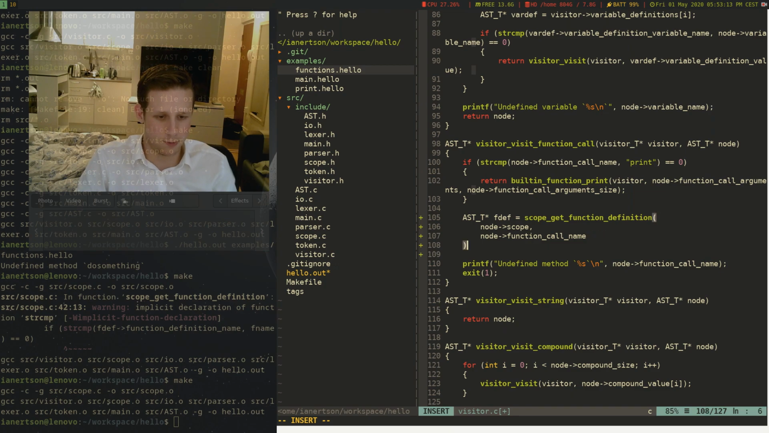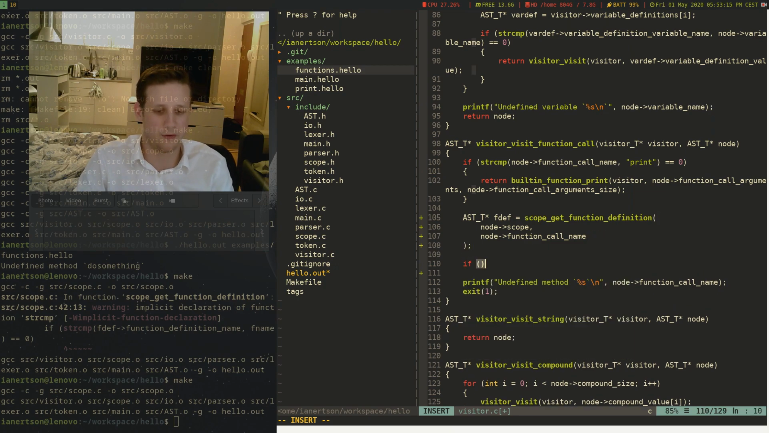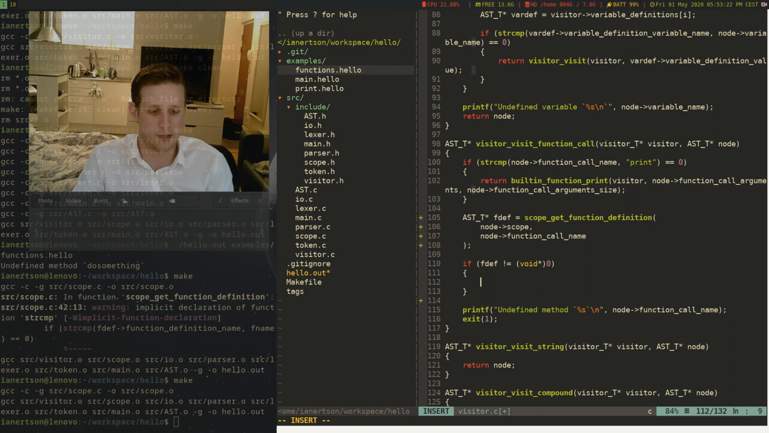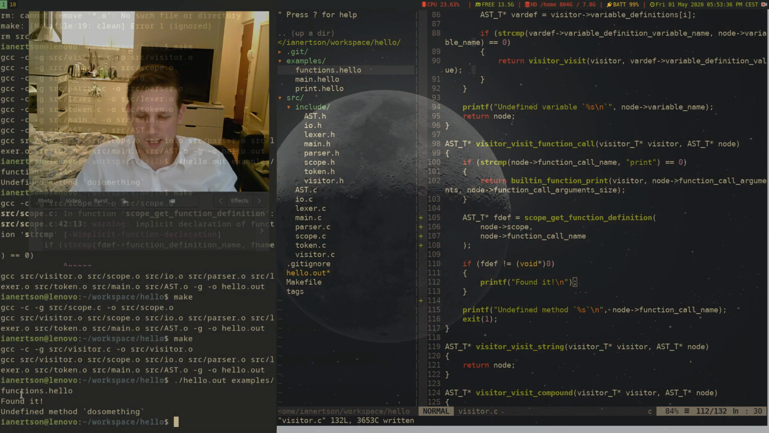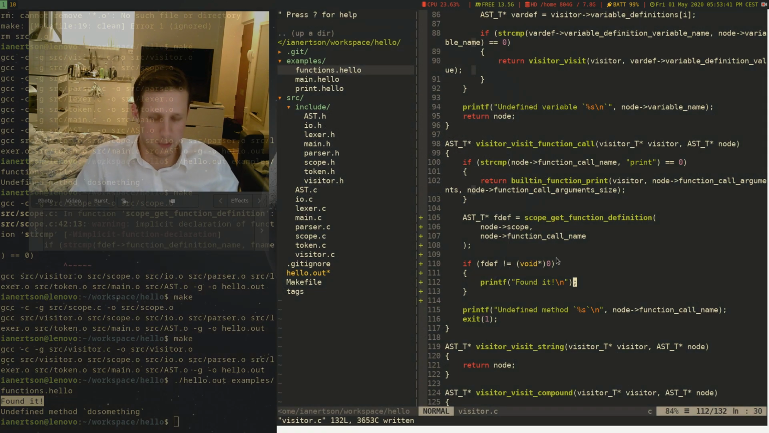So now we can do if fdef not equals to void. So if we found a function definition, we're just going to print found it, just to see if it works. So compile, run our program again, and as we can see, it found the function definition. So now we actually want to call the function. So how do we do that? Well,